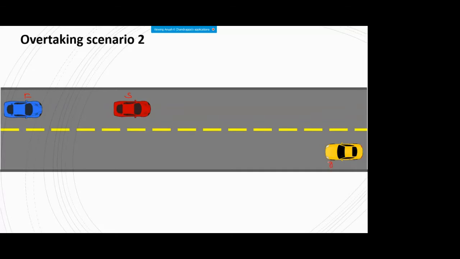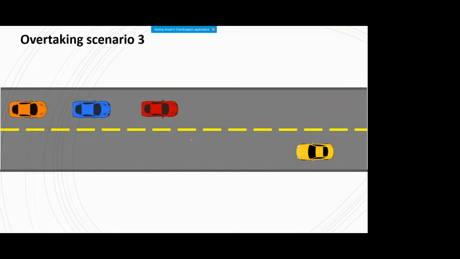In scenario two, we introduced a third vehicle in addition to the slow moving and fast moving ones. That was the oncoming vehicle, which was in the opposite direction to the vehicle intending to overtake the slow moving vehicle. And in the third scenario, we added a fourth vehicle, which is in line behind the overtaking fast vehicle. In that case, the driver of the blue vehicle has to take care that the driver of the orange vehicle should not start overtaking simultaneously during his time frame.